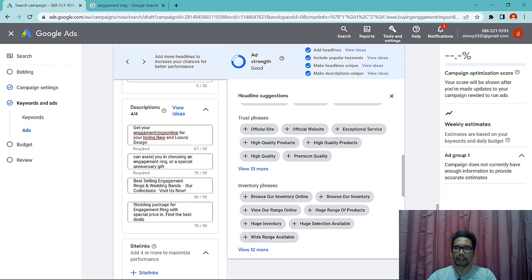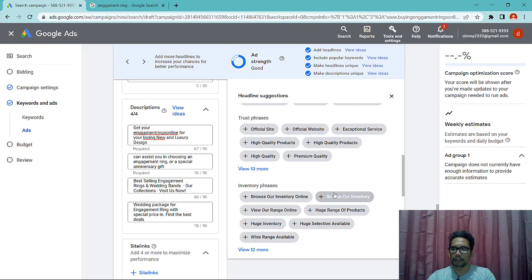Try highlighting additional benefits and features, a problem you are solving, or even highlight shipping and return information.